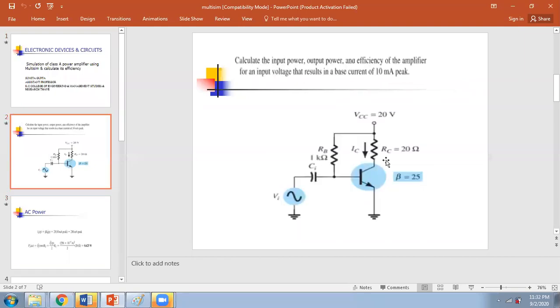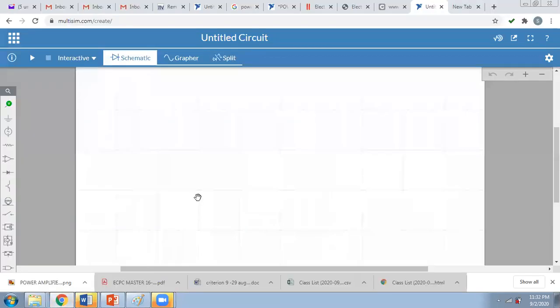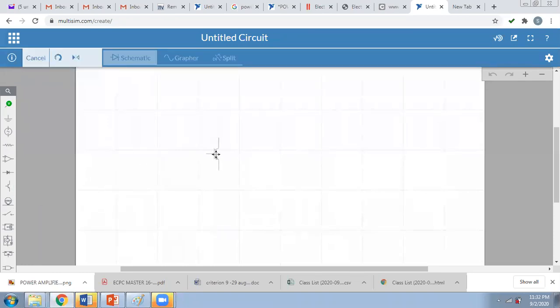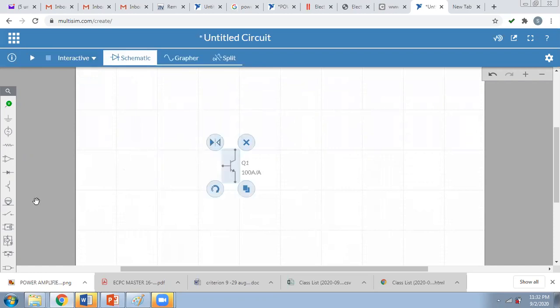In this circuit, what are the parameters? We have to take one transistor, two resistances, one capacitance, AC voltage, DC voltage, and ground. So these are different icons, different instruments. You have to click on any one of them according to your circuit. So suppose this is transistors and I want NPN. So I'll click like this, it is moving the cursor. Then click here. This is your transistor.